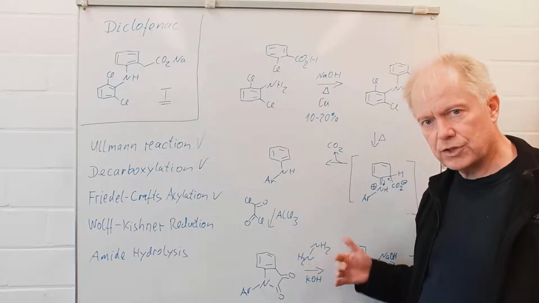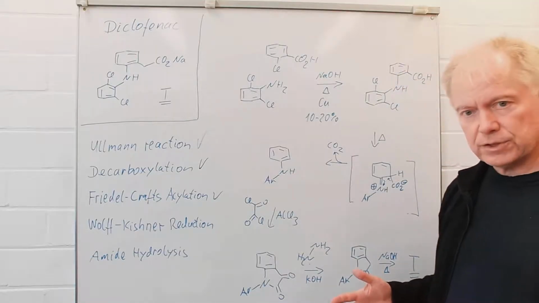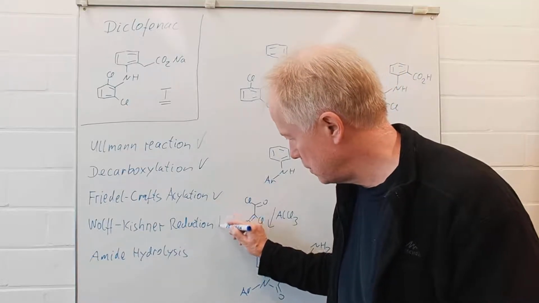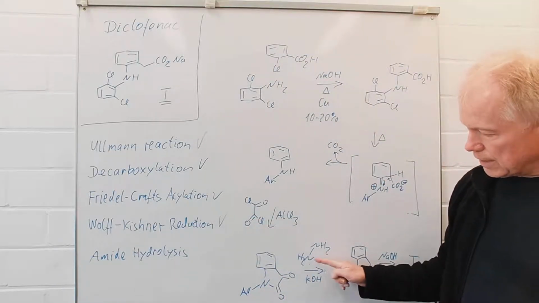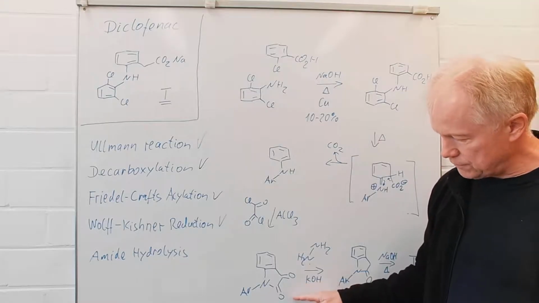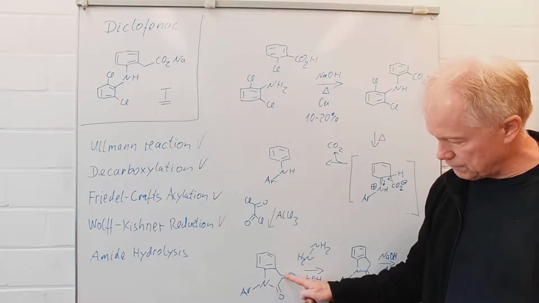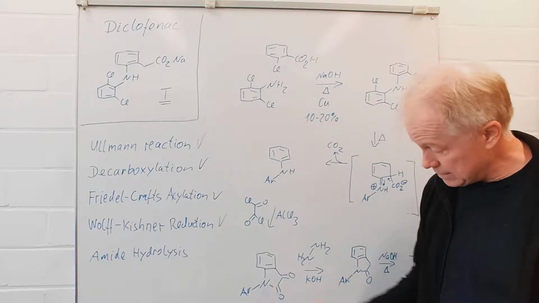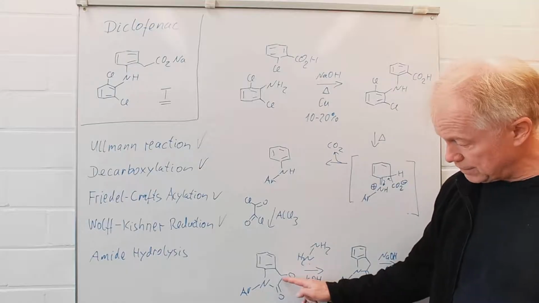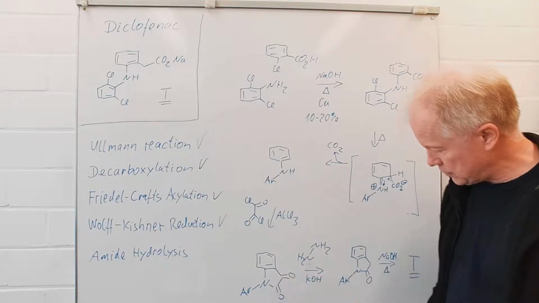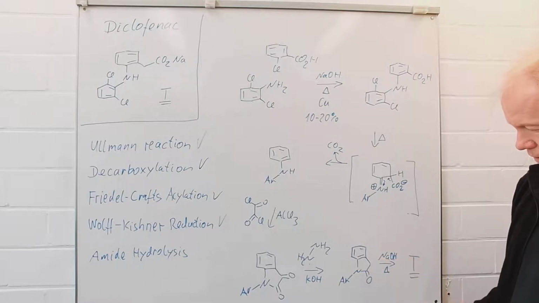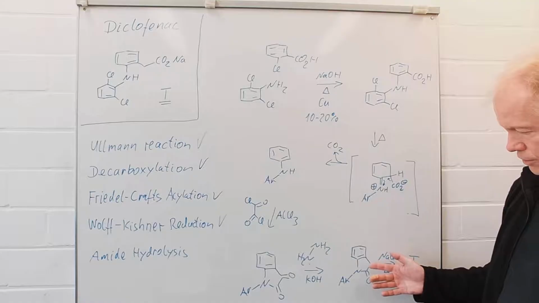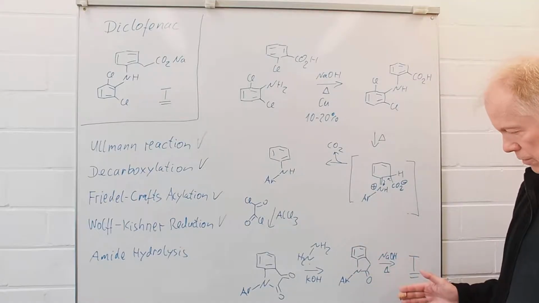We need a selective reduction, and this is achieved under Wolff-Kishner conditions. Hydrazine will selectively react with that ketone rather than with that amide. So selectively the reduction will take place here. Then we have here that CH2 group, and for the last step we just have to treat this compound with